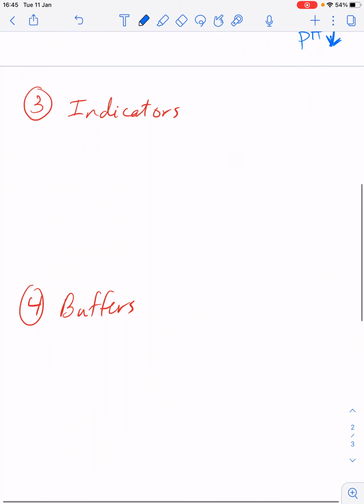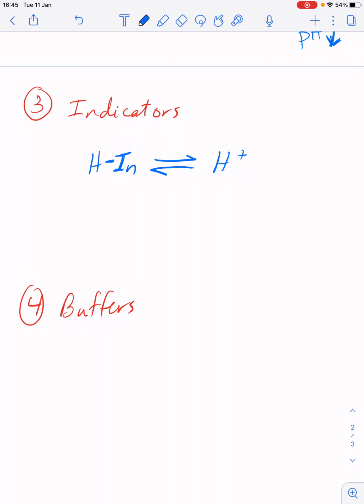A couple other ways that we've left here are indicators. Indicators typically should be thought of as weak acid molecules, and you can summarize their structure like this: H bonded to In, and they just reach equilibrium like other weak acids do. And then you need to be able to describe when they would turn what color. So the key thing is that you've got color number 1 over here, and you've got color number 2 over here. If you add H+,